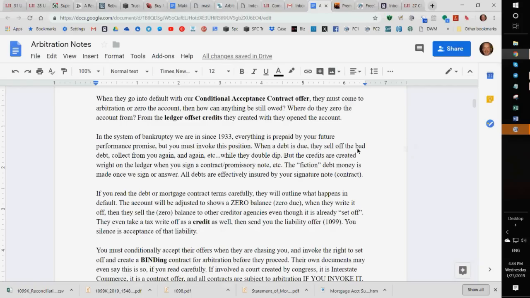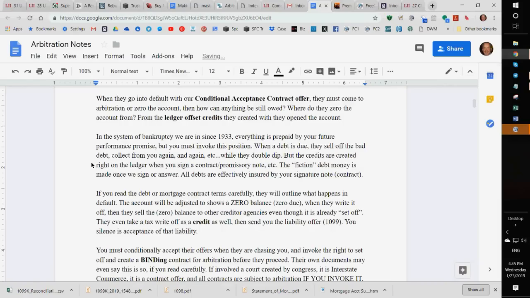So if the debt is due, they'll zero the account. They'll send you a 1099, making you liable for a tax on it, so they get extra money credit off that. Actually, that's a credit to them. And then they sell off the bad debt again and collect from you again and again and again. Sometimes they send it to 2 or 3 debt collectors. But they've already been paid. The account was zeroed because the money was already there to pay it. I hope you get this. It's a hard concept. But the credits were created